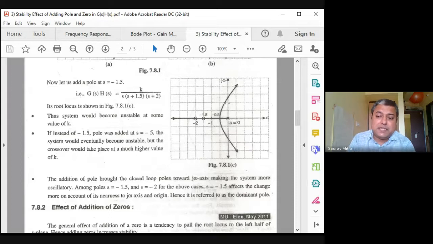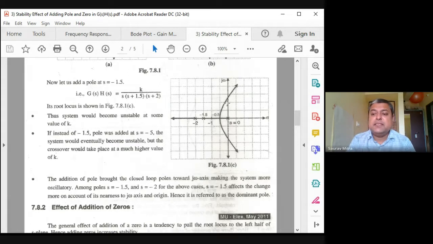In the fifth case, there is one real zero and 4 poles. You will find that k marginal should increase in the fifth case compared to the fourth case. I will repeat. In the third case, there is some k marginal value with 3 poles. In the fourth case with 4 poles, the k marginal value will reduce, which means the relative stability is reducing. What do you do in the fifth step? You are adding a zero.